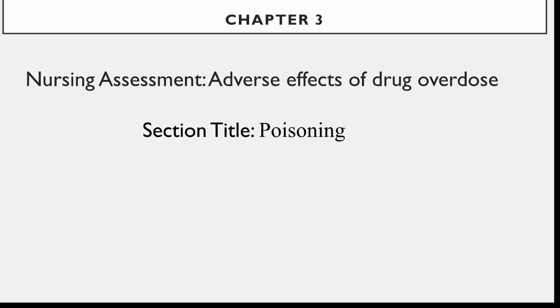Now, using some nomenclature related to adverse effects of a drug overdose. If a client takes an overdose of a medication, this is poisoning. Poisoning occurs when an overdose of drug damages multiple body systems, leading to potential for fatal reactions. So it's important when you're assessing certain medications that your patients are given that you're watching for the effects of these